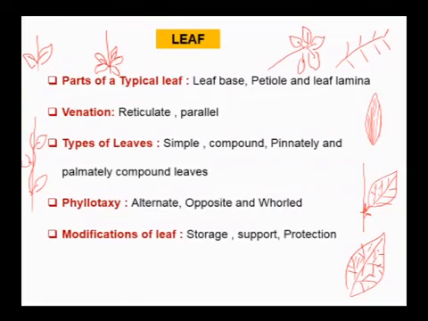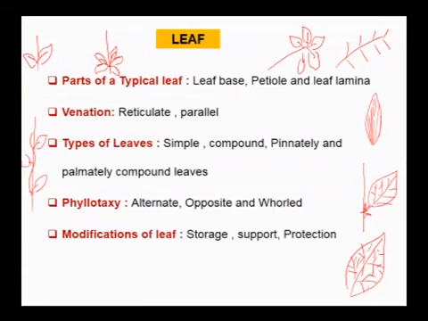This is whorled phyllotaxy. So, one node, one leaf, alternate, gives a spiral arrangement. So, it is called alternate or spiral phyllotaxy. A pair of leaves from a single node is opposite phyllotaxy, and many leaves from each node is known as